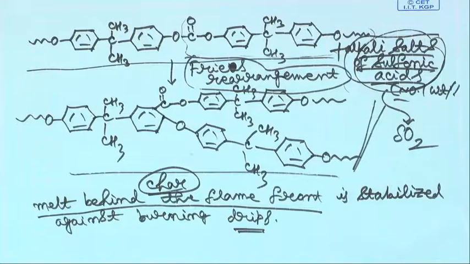For some other kinds of materials, the mechanism might be different. It might release some inert gas, say nitrogen or whatever, to dilute your flammable or burning gases, but the mechanism for BPA polycarbonate is different, the Fries rearrangement. So, with this we have finished the details of the structure property relationship of BPA polycarbonate, and with this discussion we are also coming to the end of this course.